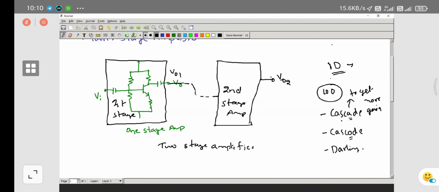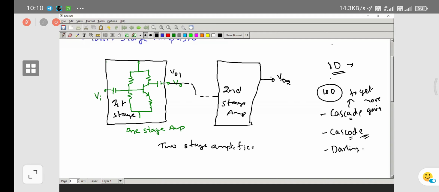Okay. And for cascade amplifier, for example, we need different types of bandwidths. For example, a customer requires some frequency, some type of bandwidth, and another customer requires another type of bandwidth, right? So the requirement of bandwidth can be met by using different types of amplifiers, and those are going to be connected in the cascade connection. So we are going to see the types of connections, how we are going to connect the cascade connection, and what is meant by Darlington pair connection.